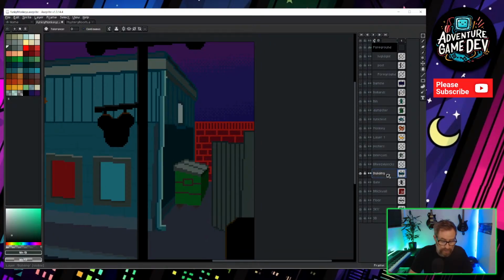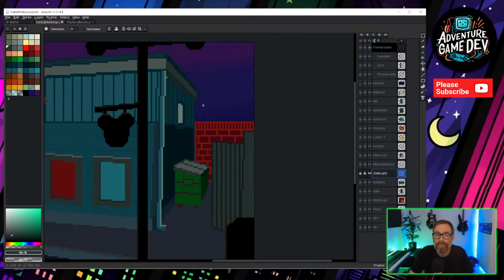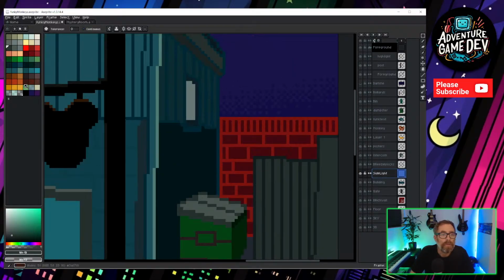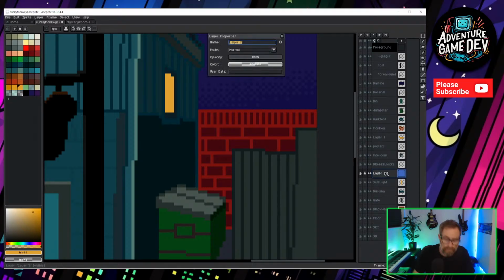What I need to do is make sure I've got a new layer above the building layer. Let's call it side light. And let's just pick out this as being illuminated. And again, if you've been watching any of this, I've got a couple of different ways of doing the lights in Unity, and some of that negates some of this pixel art work I need to do.